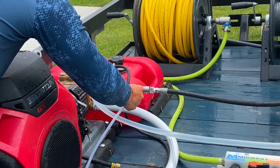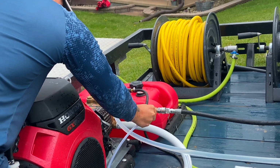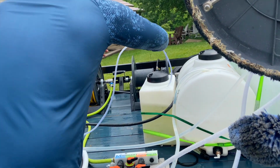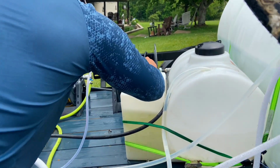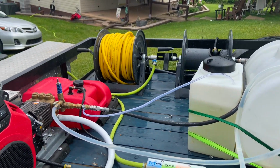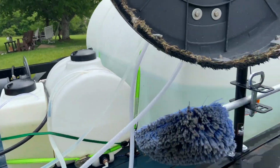Next thing you want to do is stick your tube on the barb. I can get it on there. Stick your tube on the barb. Then the other end, of course, just put it down in your soap tank. There. Now you're ready to wash the house. But something I want to show you guys too is